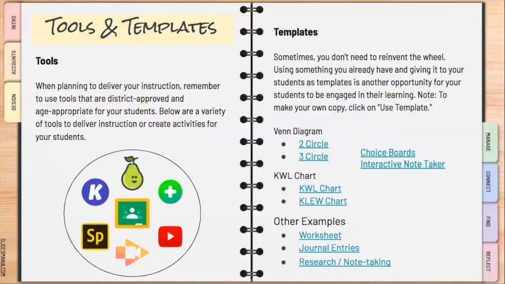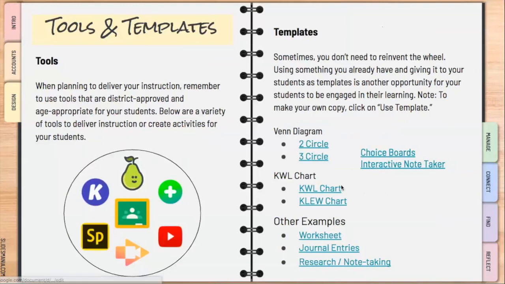As you begin looking at tools and creating activities, there's no need to reinvent the wheel. Sometimes you can use what you already have and give a little spin to it and make it more accessible by converting it into an online document. When you access this presentation, you will notice that you'll be able to click on the links on this particular screen.